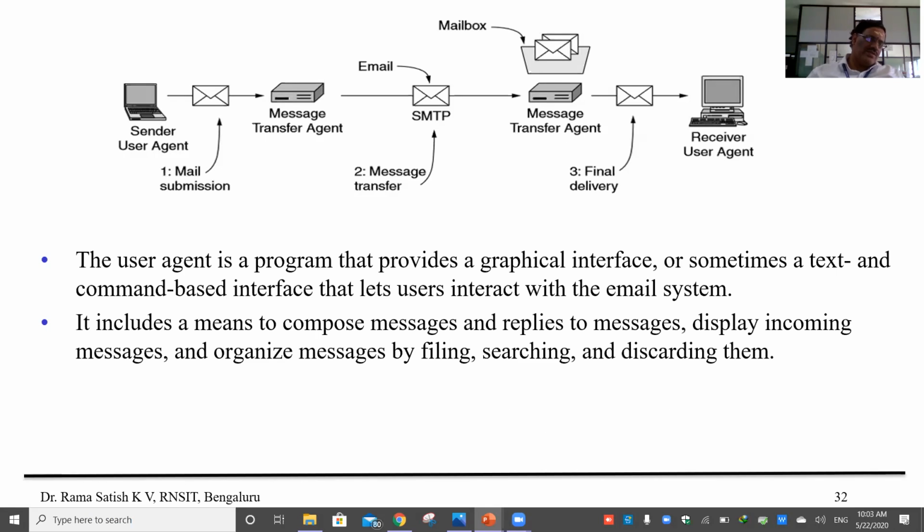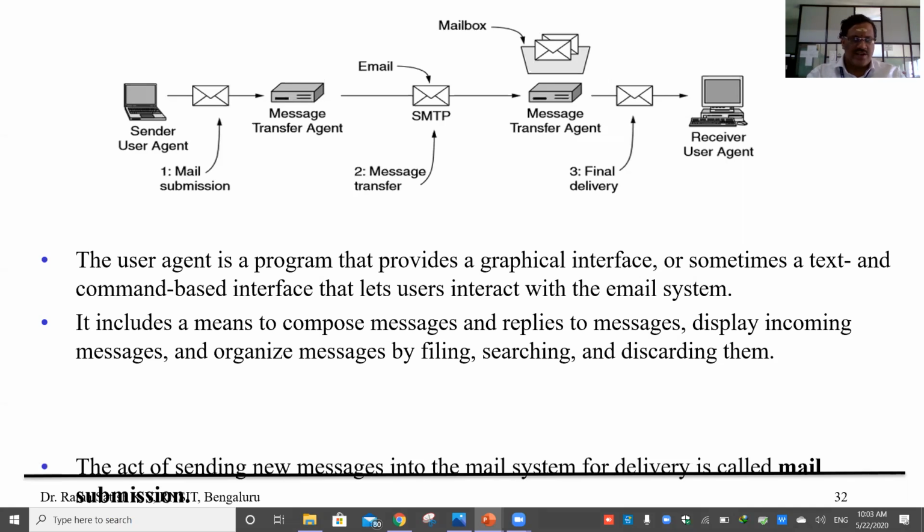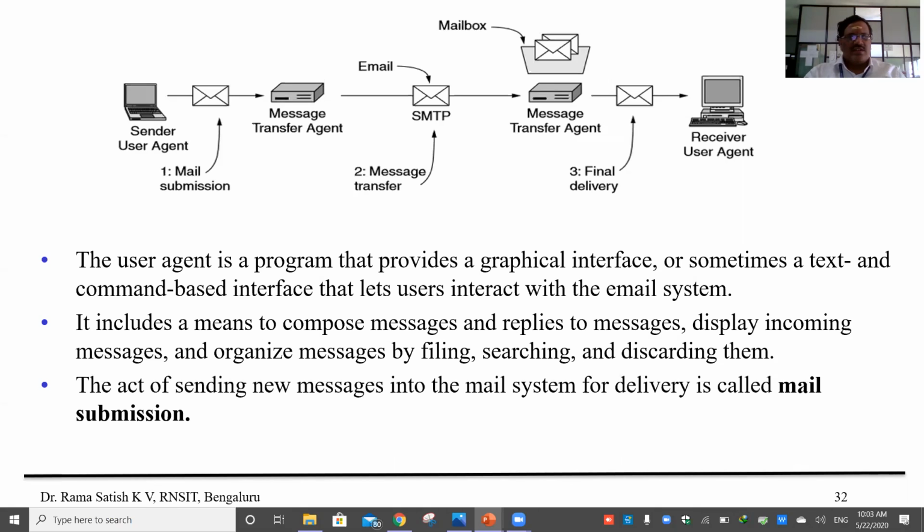Yes, it includes a means to compose messages and replies to messages, displaying incoming messages, and organizing messages by filing, searching, and sometimes discarding also. It will do the discarding of messages.